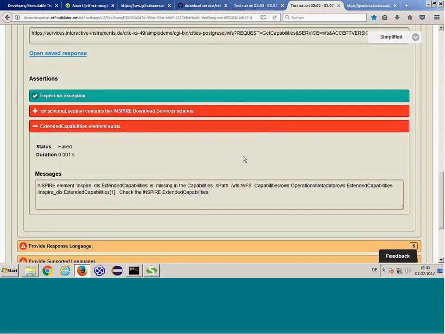And this is what it looks like when the extended capabilities element does not exist, and the validator returns an error message for it.